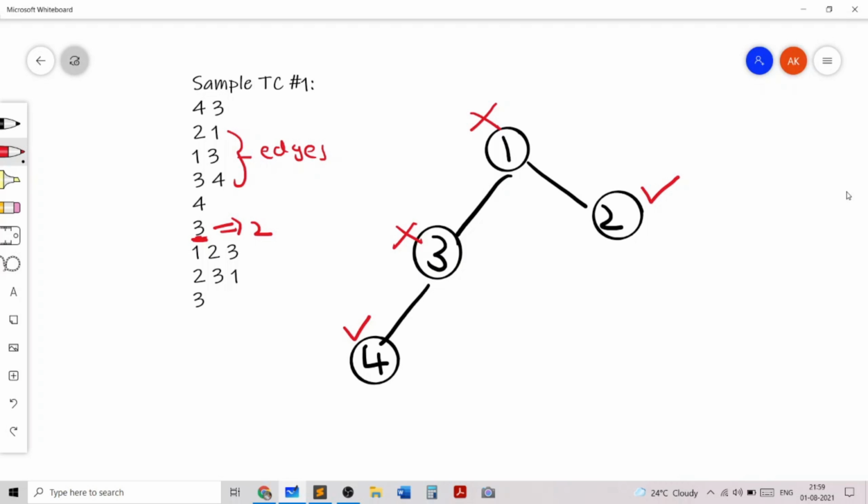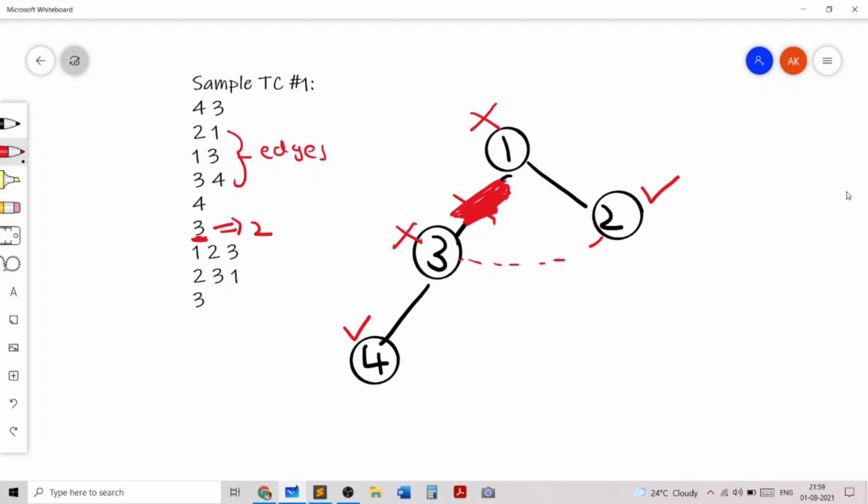And then we basically make some modifications. We add an edge from 2 to 3. So we basically do this. Let's say that this is the edge. And after that we remove the edge from 3 to 1. So this edge gets removed. And now we need to find the answer.